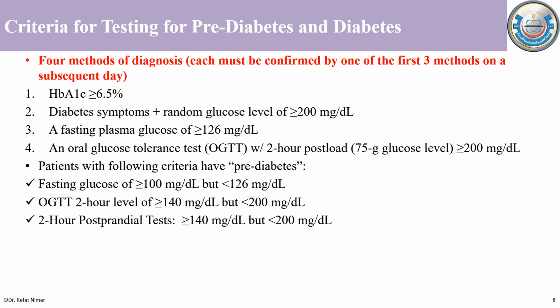For pre-diabetes it is very important to confirm your result, so you need to measure the glucose level on the next day to confirm the result. Otherwise, if you get the same result, more than 100 and less than 126 for fasting, this is impaired glucose